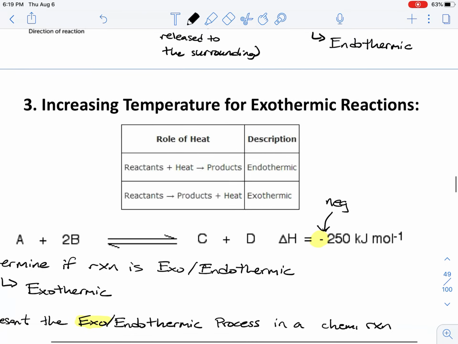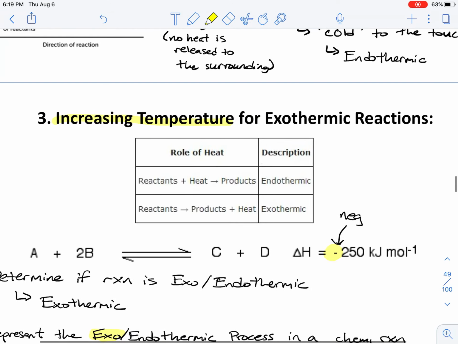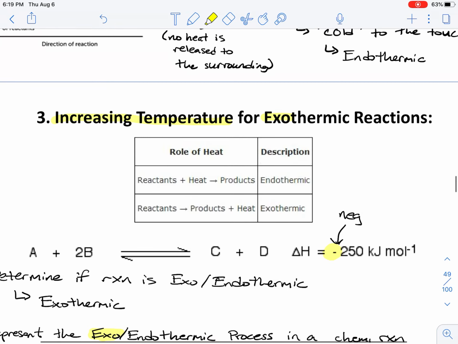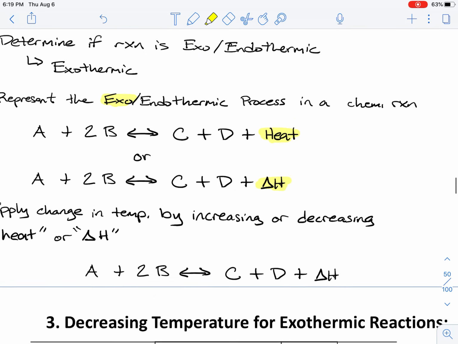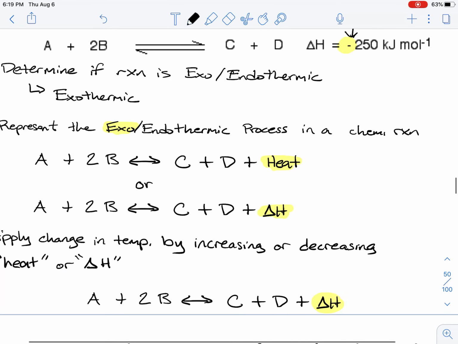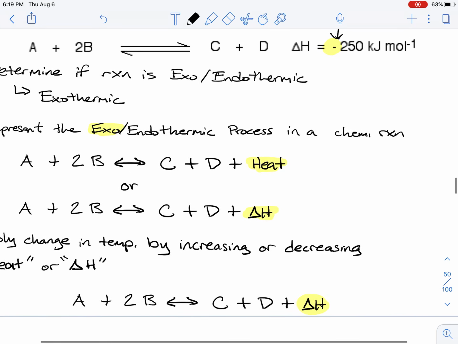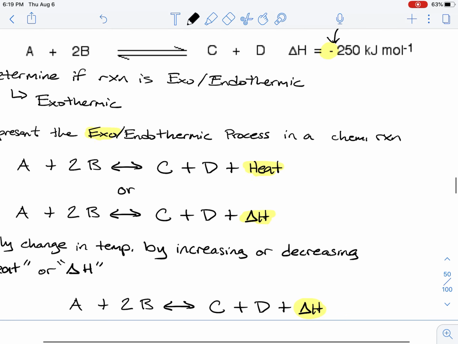Okay. So in this scenario, notice that we're going to increase the temperature for an exothermic reaction. And so this would be how we would represent that the reaction is exothermic, by replacing that negative delta H with writing delta H on the product side. And so since we're increasing temperature,